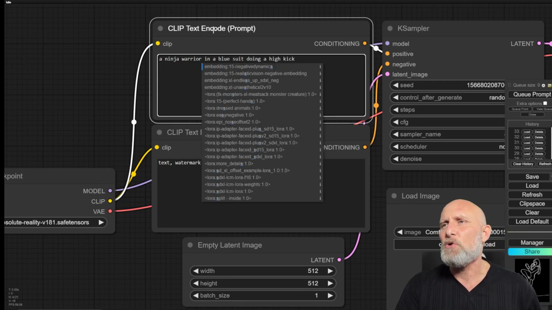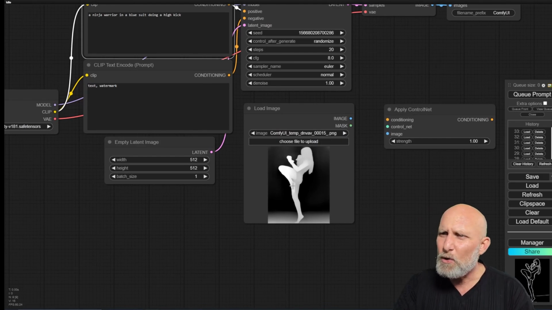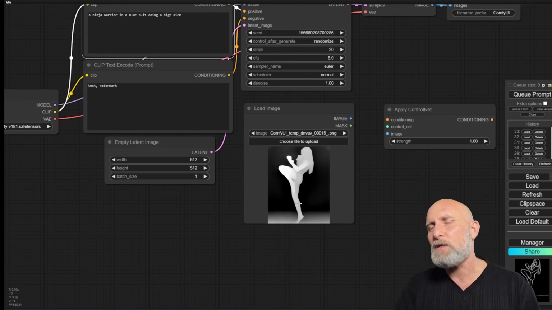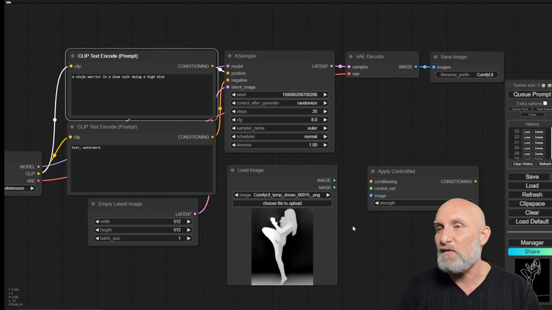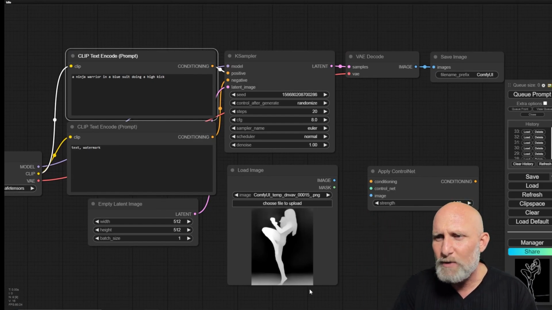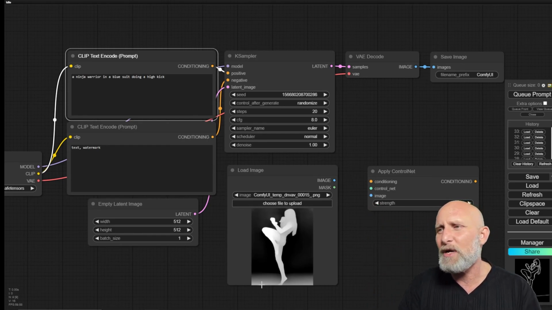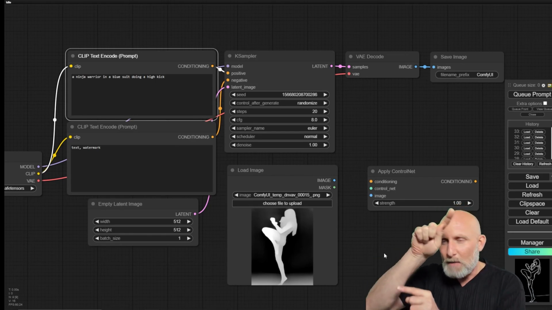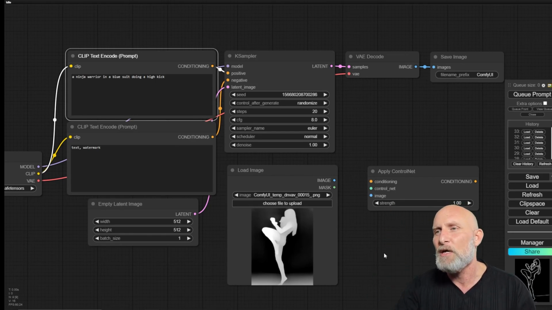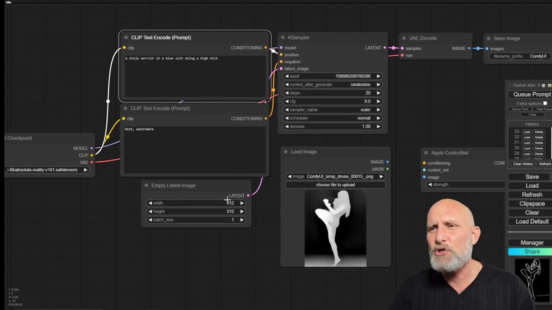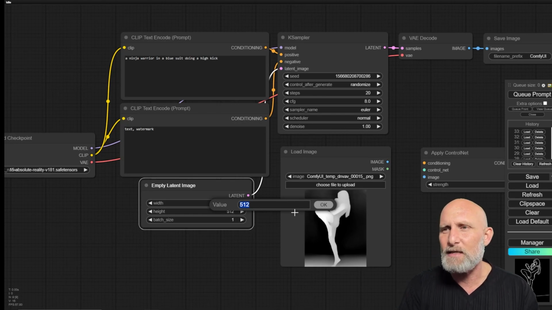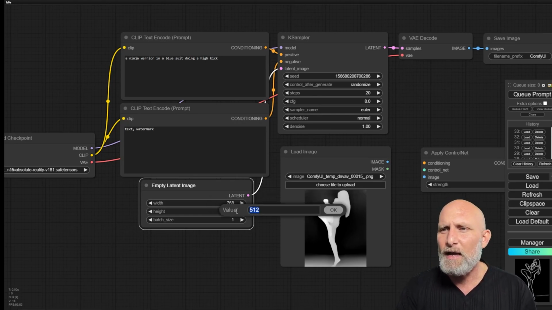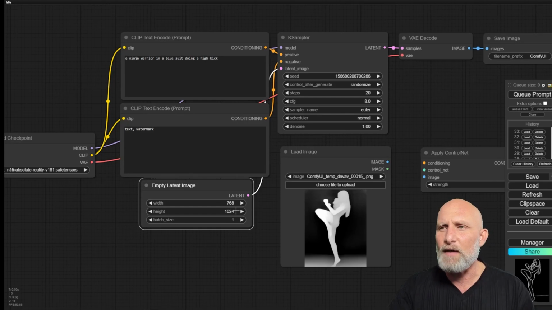So this is the image that we're going to do. Do note that the shape of the guide will also influence the shape of the generated image. So if I have here a portrait aspect ratio, and I do a box image, it will probably cut the top and the bottom of the image. So on the size of the image, I'm going to choose something similar, more or less, to the image here. So I'm going to do 768 in width, and let's say 1024 in the height. So it's a bit